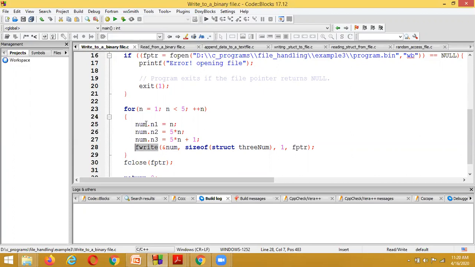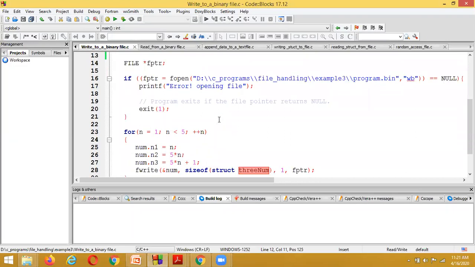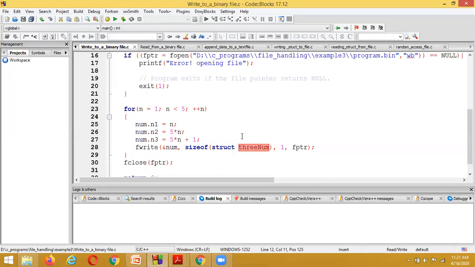To find out the size of this particular variable, this variable is of type 3 number. So we are finding the size of the 3 number structure. What method are we going to use to find the size of a particular variable?